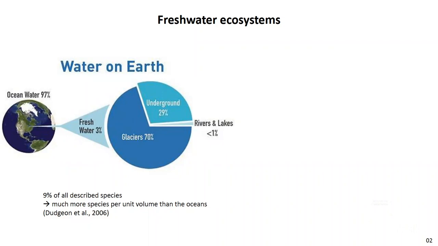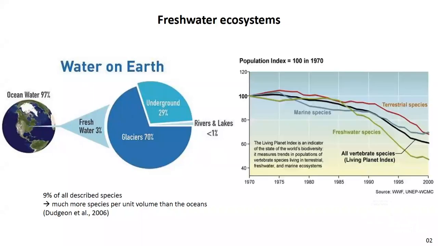Freshwater ecosystems such as rivers and lakes represent less than 1% of the total water of the planet and host 9% of all described species, that is much more species per unit volume than the oceans. However, freshwaters are the most endangered ecosystems of the planet, and if you have a look at this graph, you can see that since the 90s, the biodiversity of freshwater ecosystems has declined faster than the biodiversity of marine and